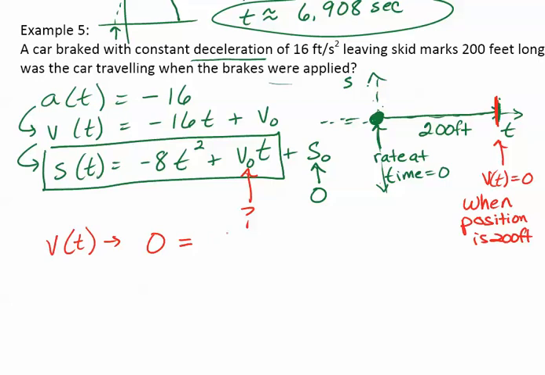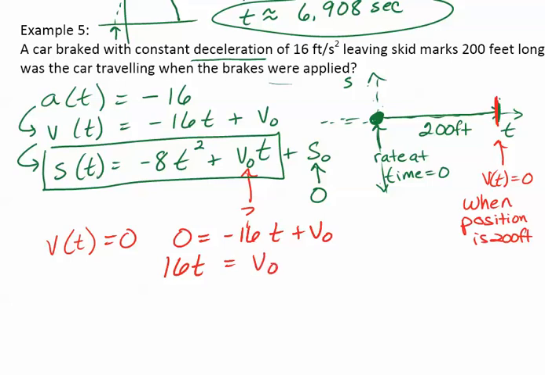Our velocity will be, how do I want to write this? Let me try to organize it for you a little better. V of t is equal to 0 would be this equation. We want to solve for v sub 0, is what I'm getting at here. So our v sub 0 is equal to